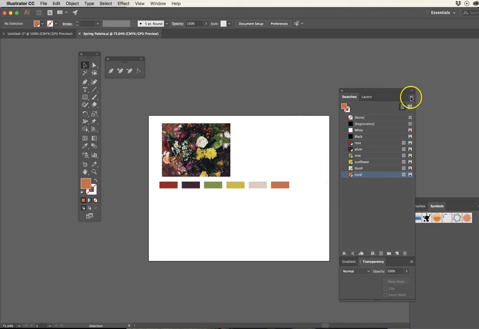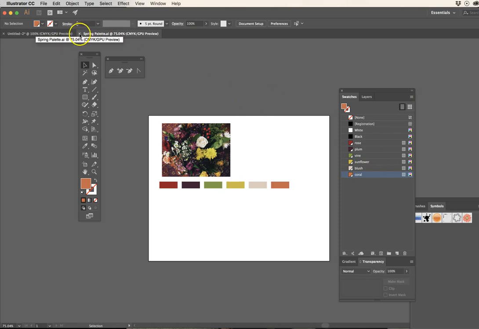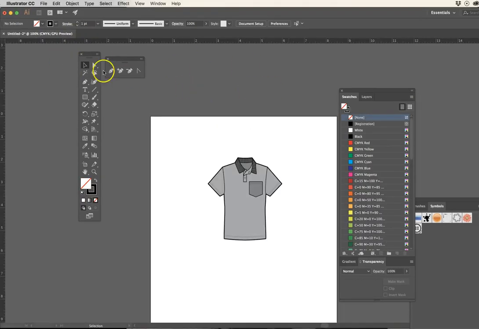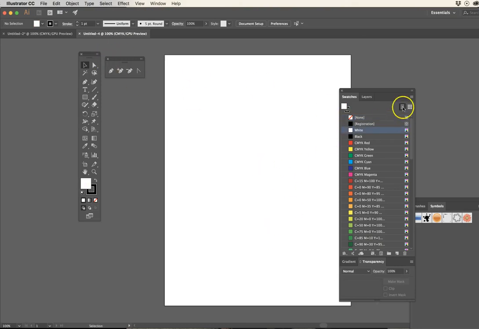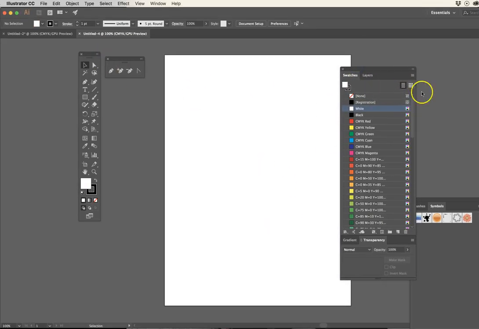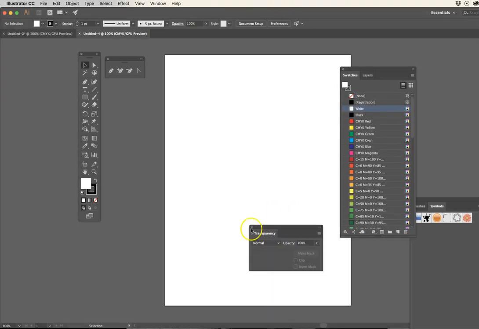And so now, if I go ahead and close out this document, save, file, save, Command S. If I go ahead and create a new file, I can always go ahead to my swatches panel, come to the side of the panel, or let me get rid of a couple of these, come over here to the bottom of the panel where it looks kind of like books on a shelf, swatches library menu, or you can come up to the side of the panel,